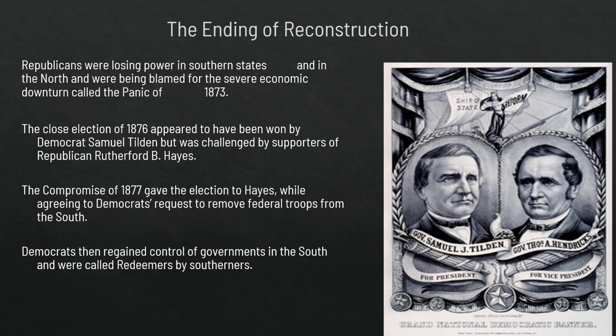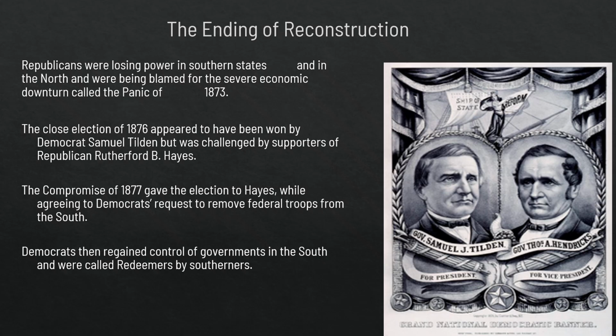But this is also going to lead to the dismantling of the Freedmen's Bureau, which was established in 1865. And the Freedmen's Bureau, again, was a lifeline to the formerly enslaved people. So with federal oversight gone, Southern Democrats, known as Redeemers, regained control of the state governments because the Union's gone. They've ended Reconstruction, so we're done. And they dismantled the Freedmen's Bureau, which was that lifeline for the formerly enslaved people.